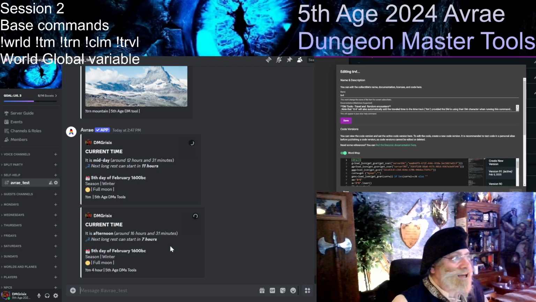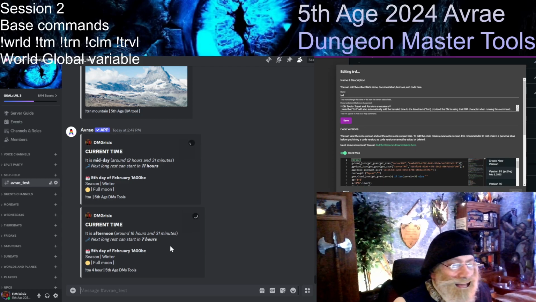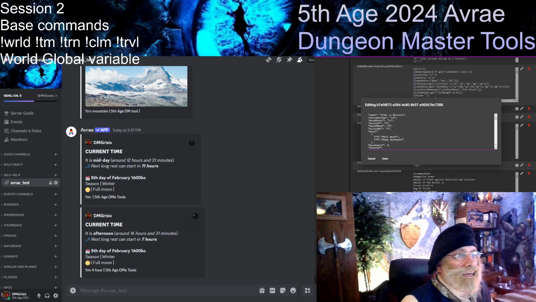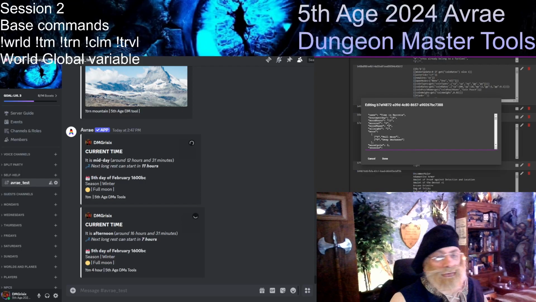And they find the way to access another plane. In that case, I'm going to use the plane of Barovia, because it is a pretty well-known plane here. So I'm going to go back to the information on the global variable here, and we are going to show how the world command can be used to transition from one world to the next.